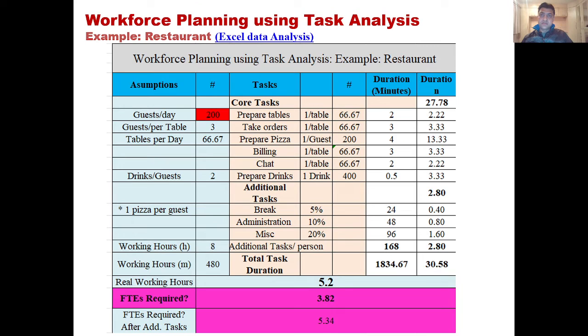Let's talk about workforce planning using task analysis. So here again, we will have to understand a few things, that sometimes when you're into a business which requires different tasks to be performed by different people or same people, how many people you should hire in order to operate. For example, this is a restaurant example, which means that you're going to start a new restaurant in